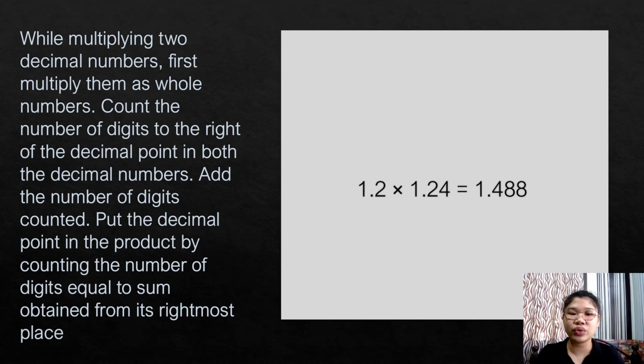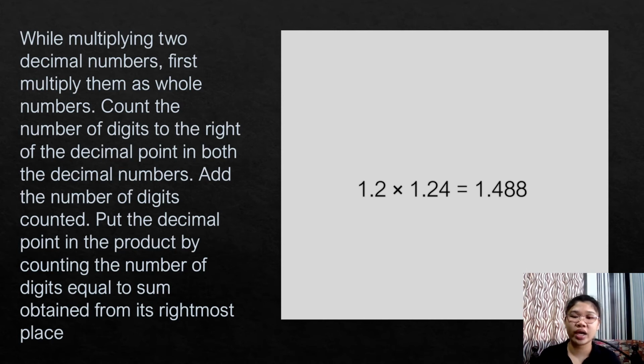Next, we have to count the number of digits to the right of the decimal point in both the decimal numbers. So first, we have 1.2. In 1.2, we have, counting to the right,